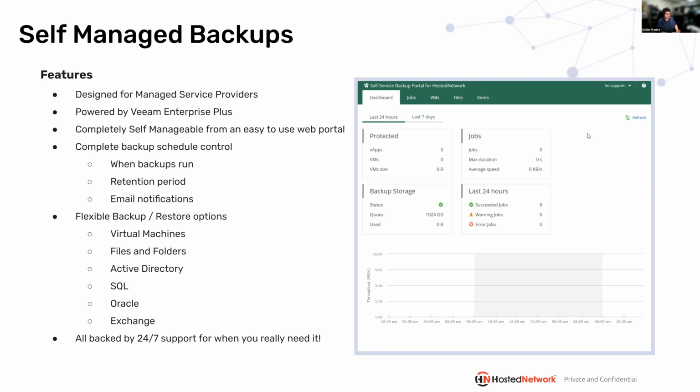And you can do that all through the same portal without having to jump around and access different portals. Like you might have to boot from an ISO to use your, say, Shadow Protect or something like that in order to restore. This will just go straight to vCloud and do it all for you.